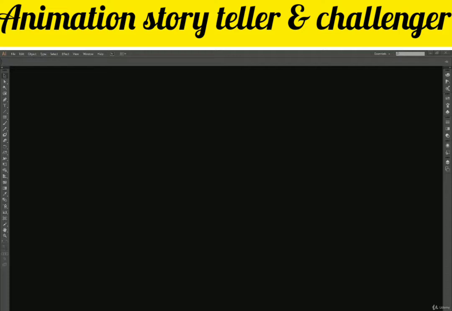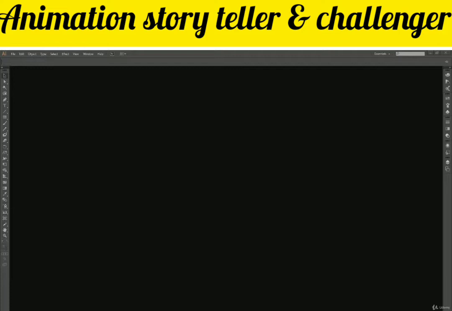Then we went to the user interface part, when we open Illustrator first time, how the interface looks and what all things we have. Like on the right we have panel bar, on the left we have toolbar, on the top we have menu bar. Just a little bit of everything. We didn't go in detail, we just went through all of them. This is what they are called, nothing more than that.